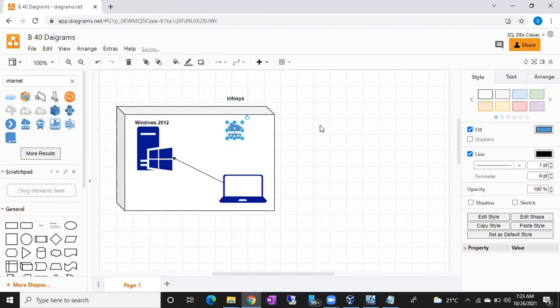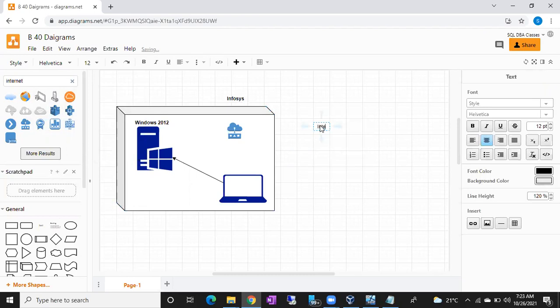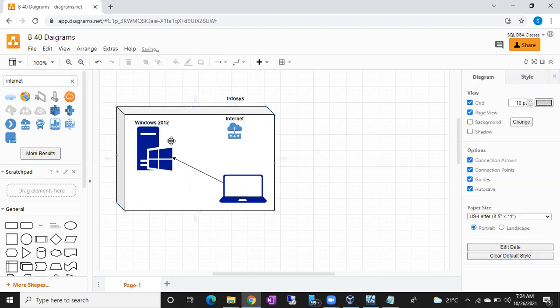Imagine this is your office internet. Your laptop, all the servers, everything will be connected to your office internet. As you're in the office network, no issues. You can directly open your laptop.